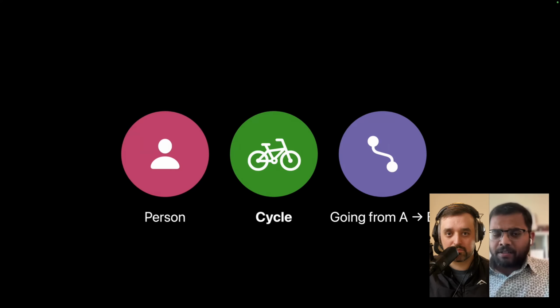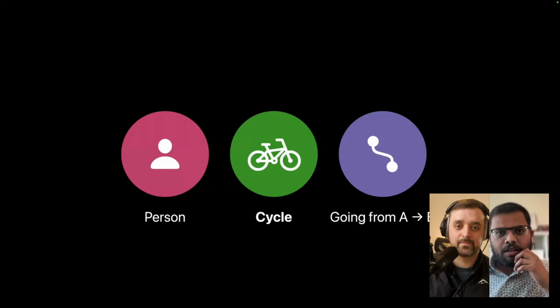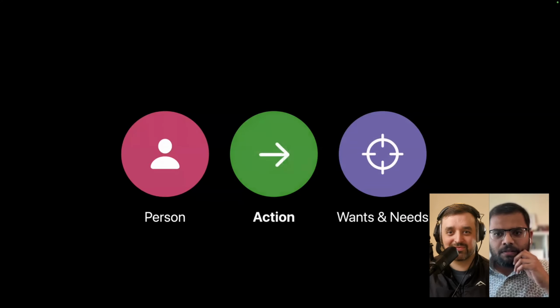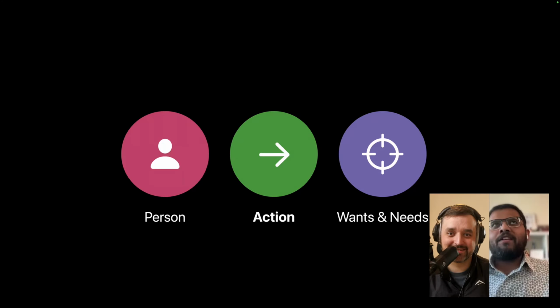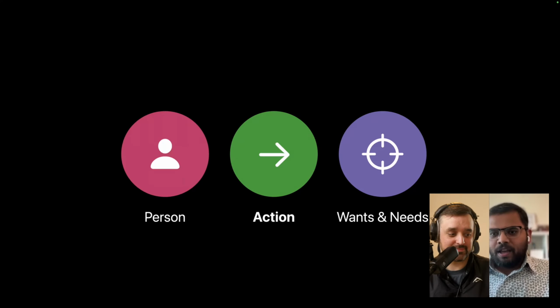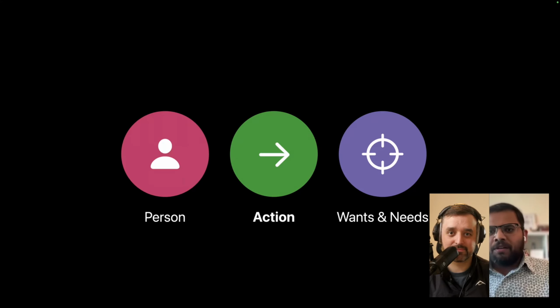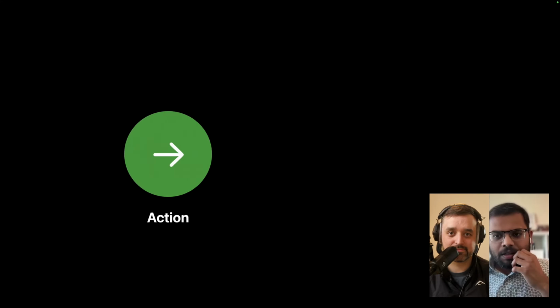And you could consider the pedals of the cycle to be an interface in that sense. Definitely. And well, then let's take a look at what it has meant for computers to do the same. When we have our wants and needs, we perform actions and we use different kinds of tools to perform those actions. What does it mean for computers?